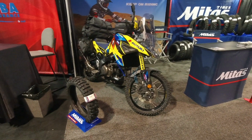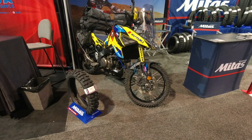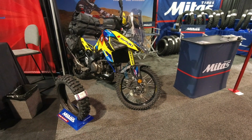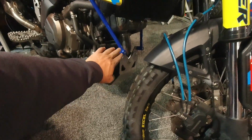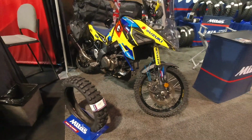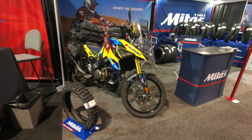They first of all started with a custom set of laced wheels from W. Full suspension swap on the front. It's a custom, some pretty significant suspension modification in the rear. Obviously a nice aftermarket pipe. I like this because the V-Stroms are known for having their oil filters exposed, but you guys got a nice little aftermarket skid plate. I'm not sure about all the details on it, but I know Lindeco, our